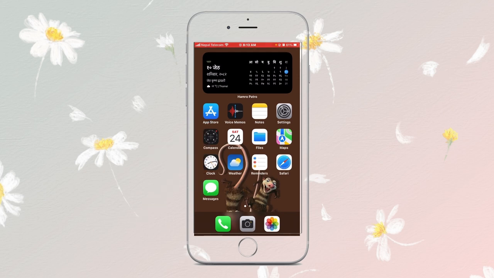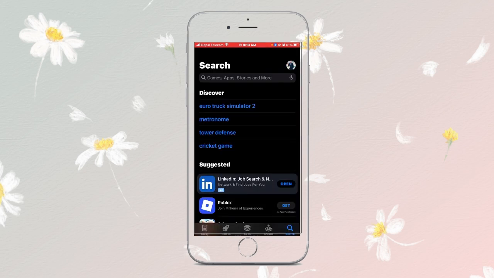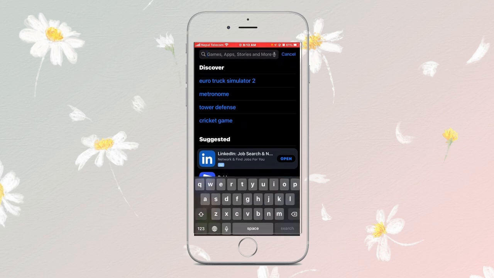Then tap onto the App Store. It's a big A on the front of the logo. Tap on it. Once you are in the main interface, you have to tap onto the search icon from the down right corner. On the search bar, you have to tap and write Need for Speed